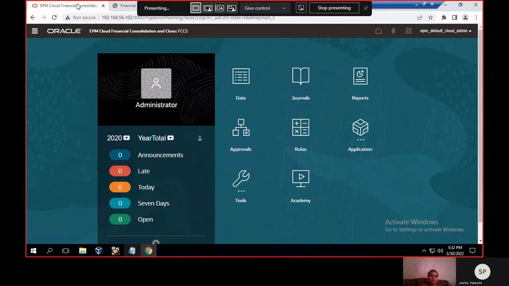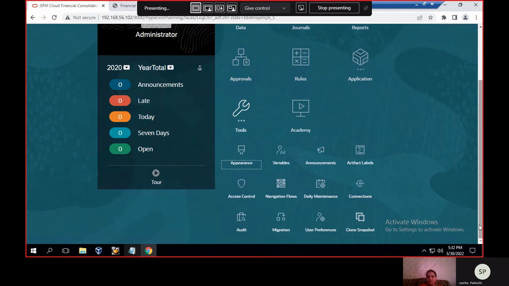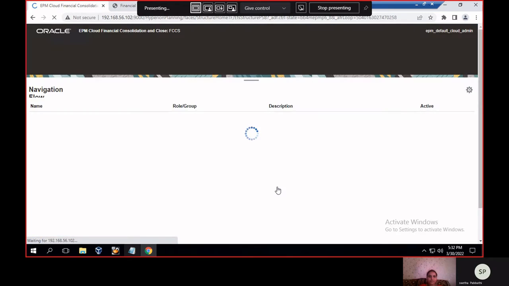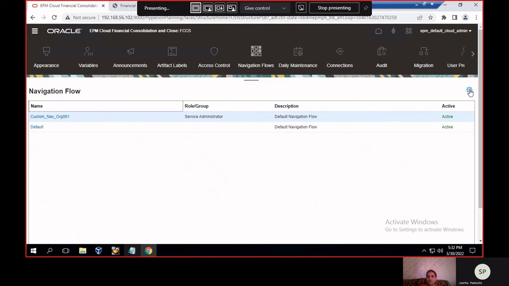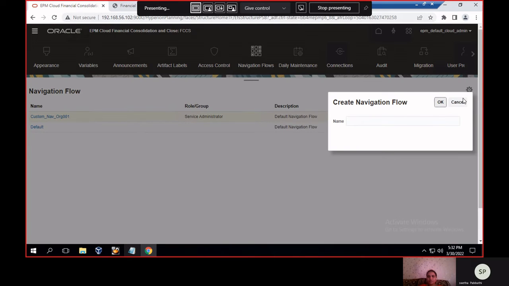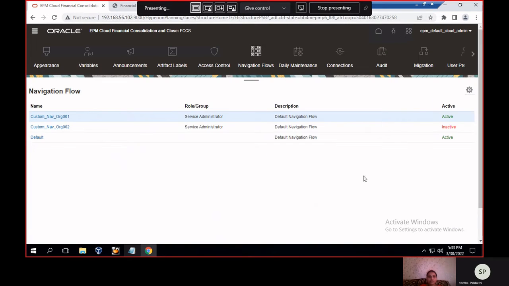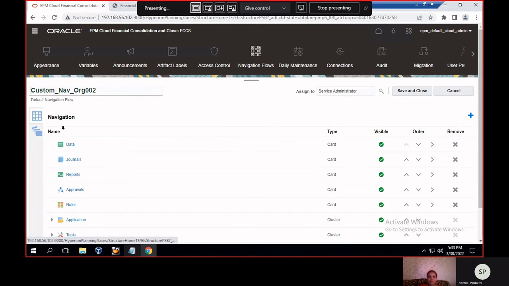So I'm going to show you. And again, in the tools cluster, we have the navigation flow. Click on navigation flow. Now I'm going to create another copy. underscore nav underscore OZ002. Click on OK. So click on the 002 and there I'm going to remove the